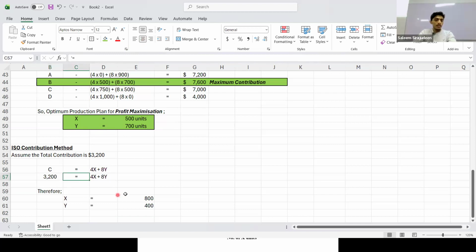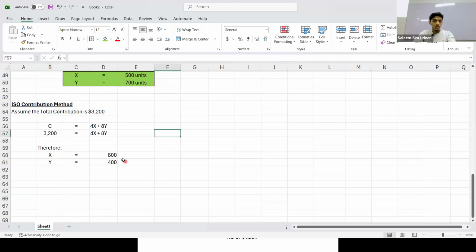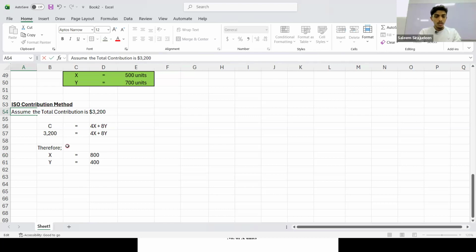which will give the production quantities closer to the quantities we have found using the constraints. Right? The next point,